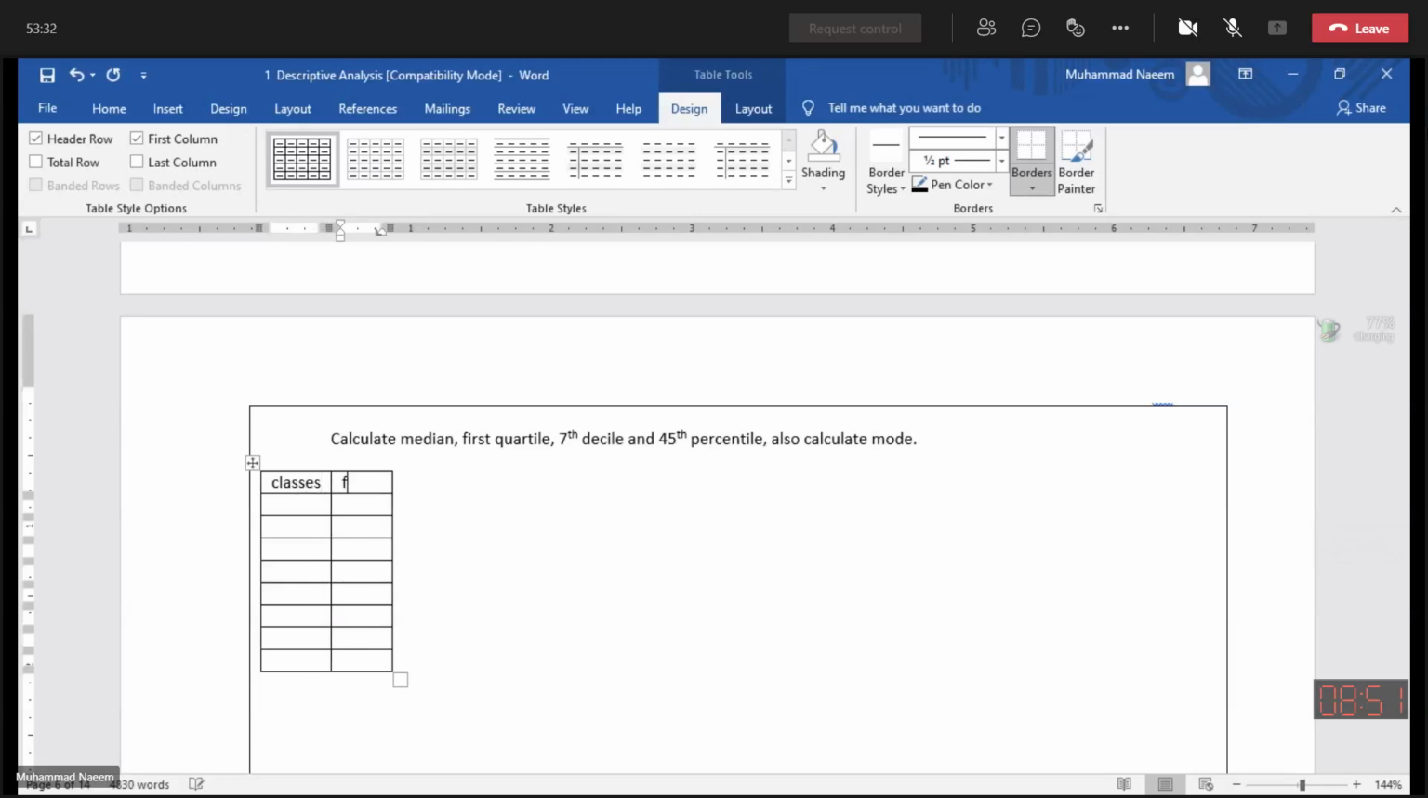Classes and frequency. The classes are 10 to 19, 20 to 29, 30 to 39, 40 to 49, 50 to 59, 60 to 69, 70 to 79, and 80 to 89. The frequencies are